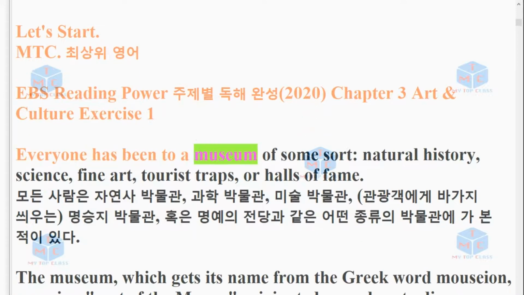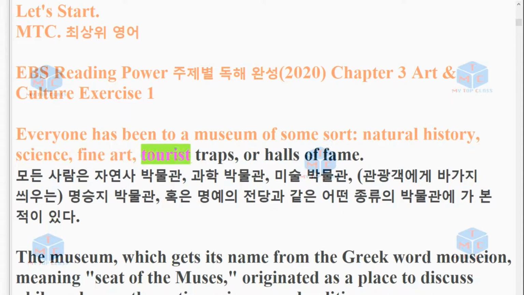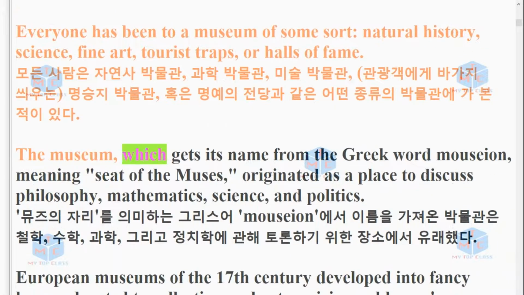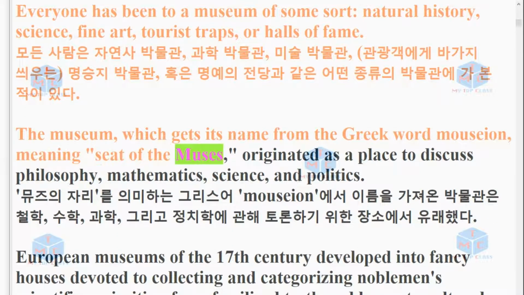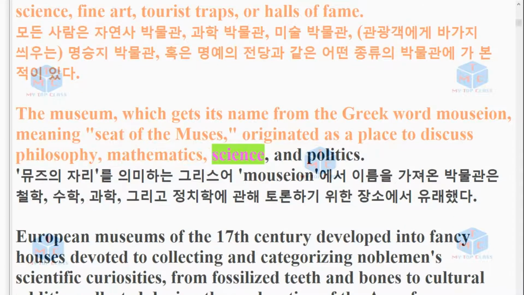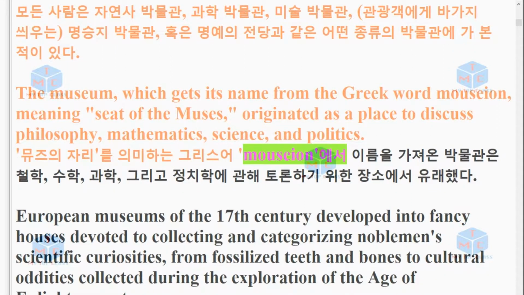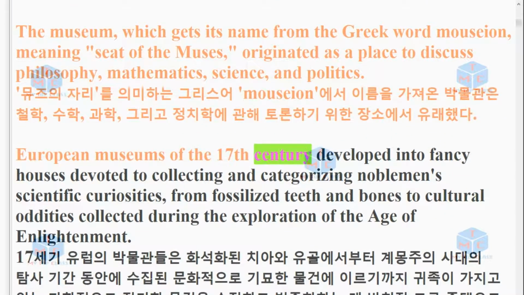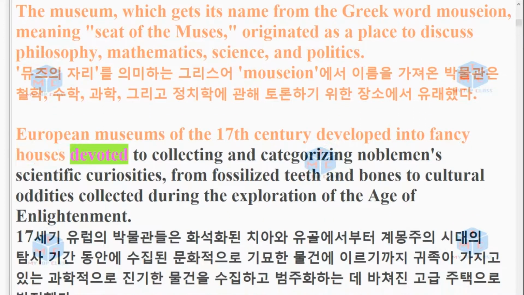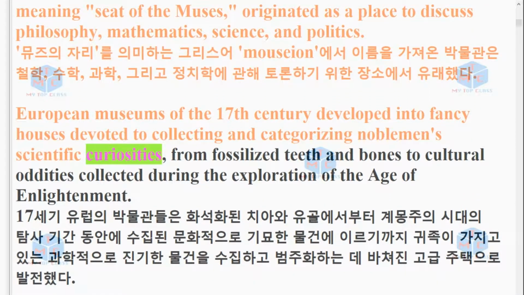Everyone has been to a museum of some sort: natural history, science, fine art, tourist traps, or halls of fame. The museum, which gets its name from the Greek word mouseion, meaning seat of the muses, originated as a place to discuss philosophy, mathematics, science, and politics. European museums of the 17th century developed into fancy houses devoted to collecting and categorizing noblemen's scientific curiosities, from